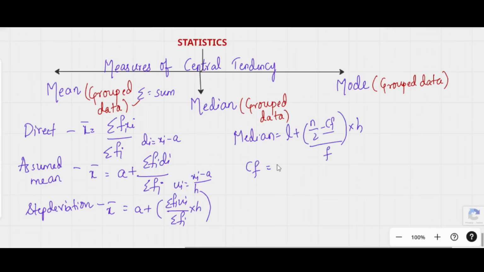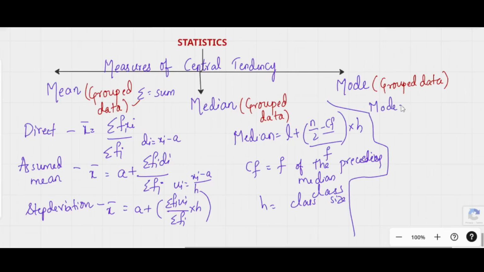Cumulative frequency means it is the cumulative frequency of the class preceding the median class. And h will be the class size. While doing the problems, I will explain in detail and we can solve it. Now please learn the formulas by heart, and then we can solve the questions. Coming to the mode, the formula for the mode is